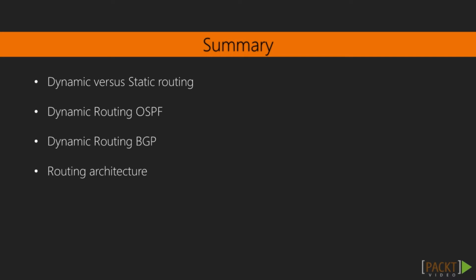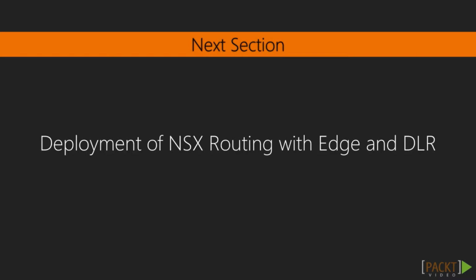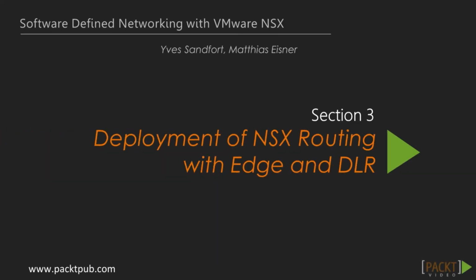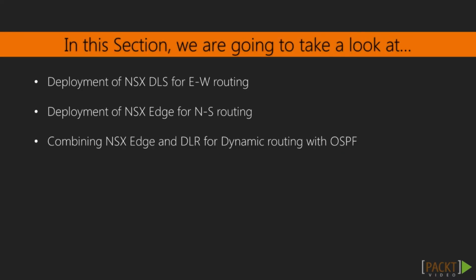In the last video, we covered the routing architecture. The next section is going to showcase and demo the deployment of NSX routing with Edge and DLR. In the next few minutes, we are going to talk about the deployment of NSX routing with NSX Edge and distributed logical router. In this section, we are going to look at the deployment of NSX DLRs for east-west routing